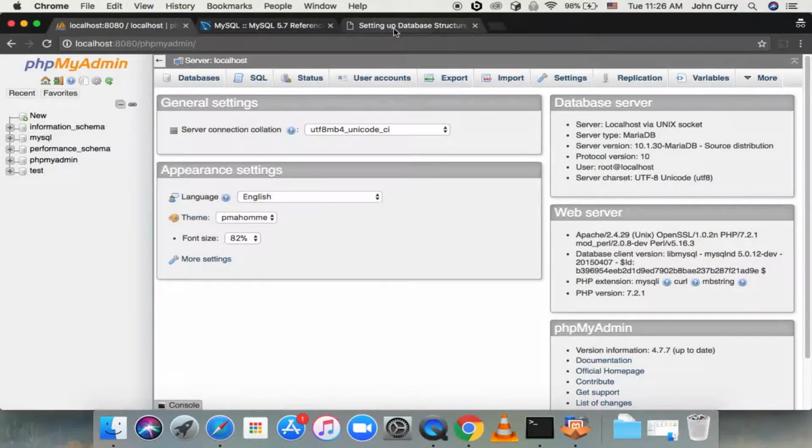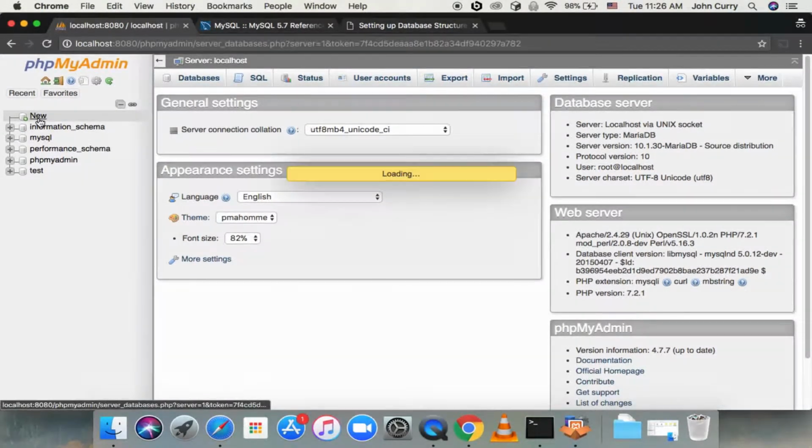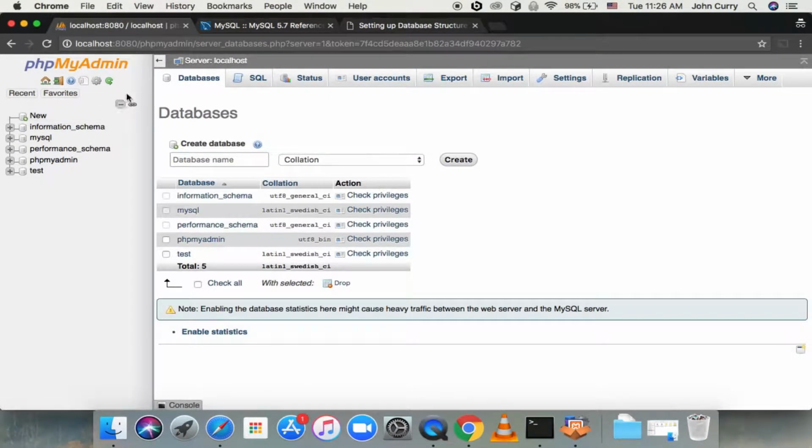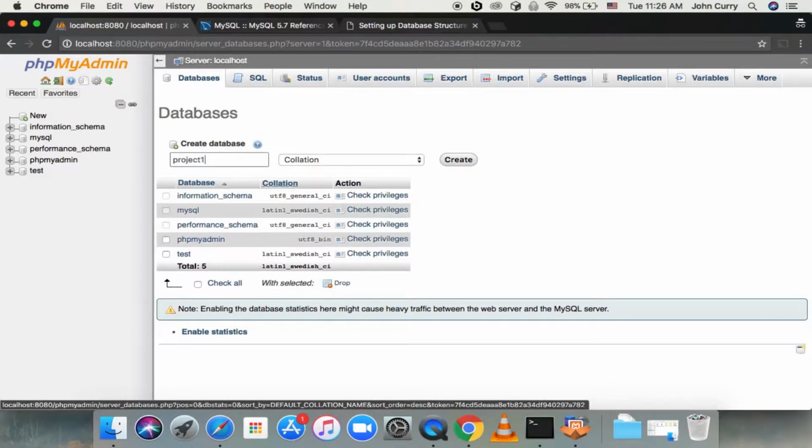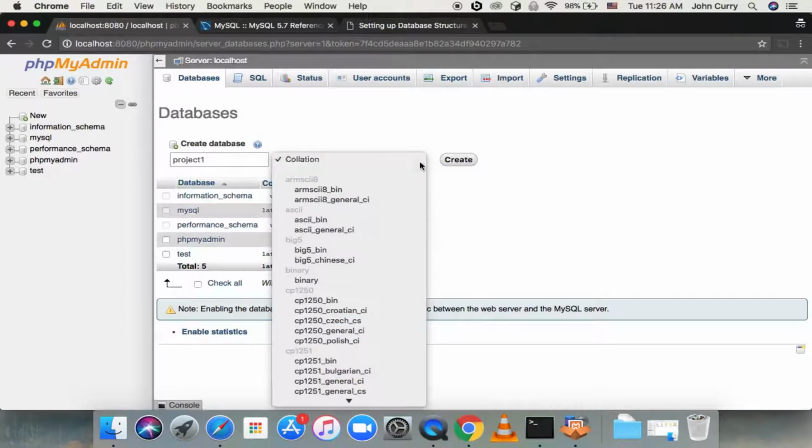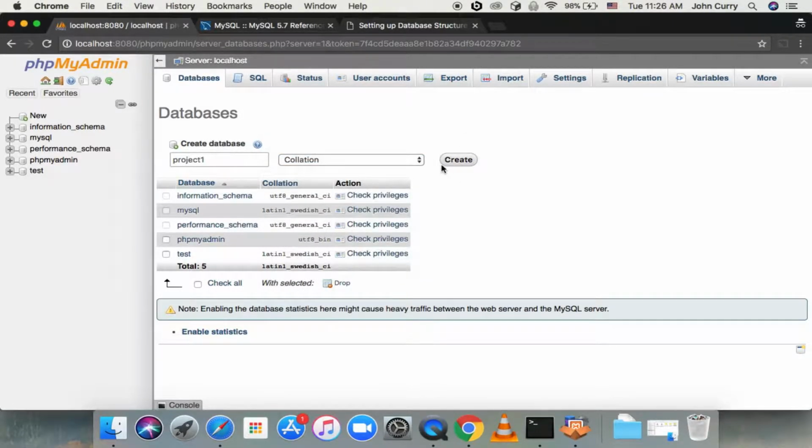So let's say we're working on 3 databases or 3 projects. One way you can create new databases is by using this New button. Adminer is another tool I recommend, but that one's pretty self-explanatory, so I'm just going to use phpMyAdmin. Creating a database, you can create it without the SQL. So, project 1, and there's a lot of information, but I just stick with the default, usually, for tutorial purposes at least. So we can do create,